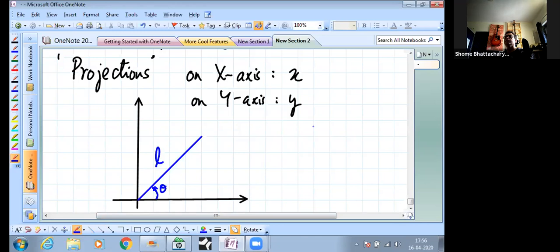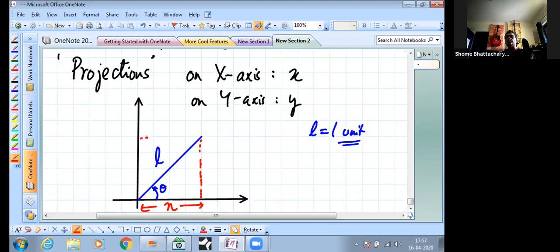Now typically for projections, we always take the length as a single unit. We take it as a standard rod. So the rod that we are considering over here is literally an object, a linear object. It is of unit length. Okay. Now if we drop a perpendicular from the rod onto the x-axis, then the length that we get along the x-axis, that is called the x projection. So that's nothing but the shadow that the rod is throwing. So this quantity here is the x projection of the rod.